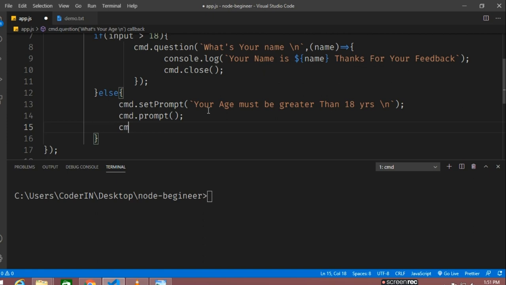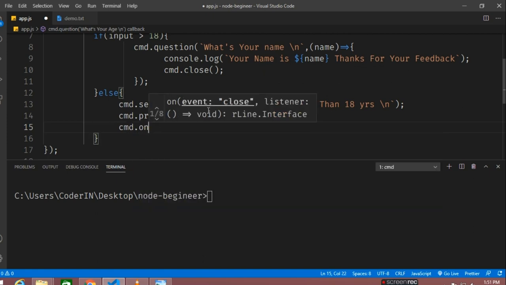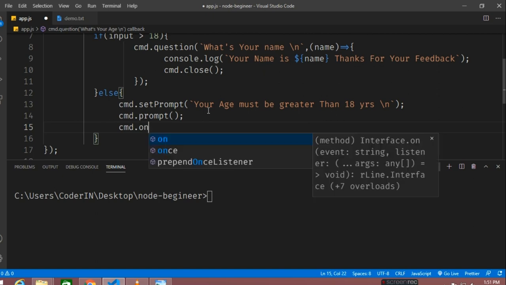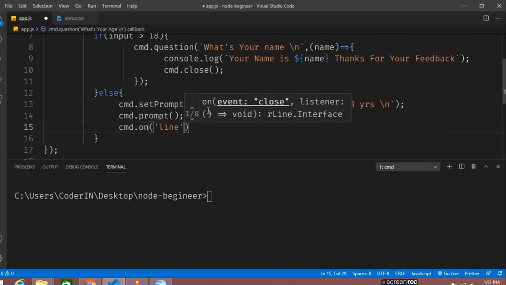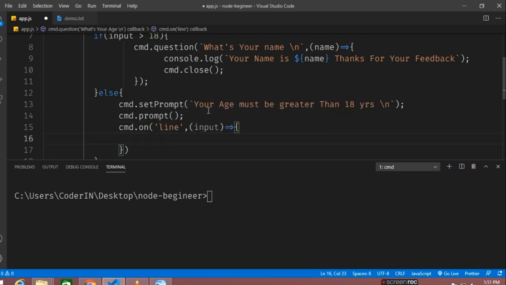Now we'll be using another event emitter that is online. If the particular condition does not satisfy, it will be using the online function. It's very easy. Online means on next line, what will we do? It will be taking a parameter of input. Again, I'll be checking whether the input is less than